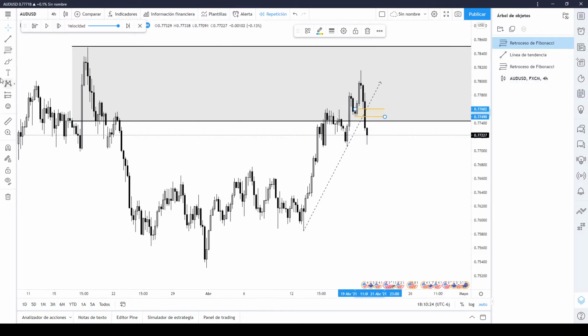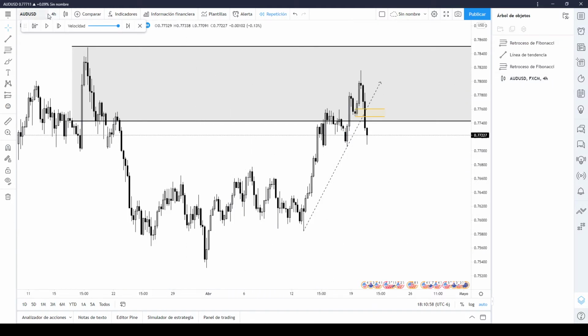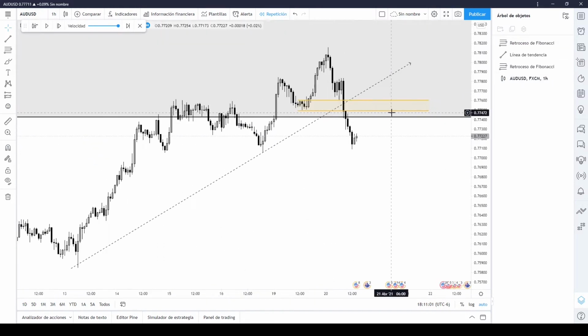So if you see, we go from the weekly, which is bearish, daily is bearish, and see what's happening on the 4-hour time frame, it's bearish also. So I use those 3 time frames to look for direction, and once I have direction in all 3 time frames, I use the 1-hour time frame for entry. That's basically the strategy. So I have the confirmation. I see that the 4-hour time frame